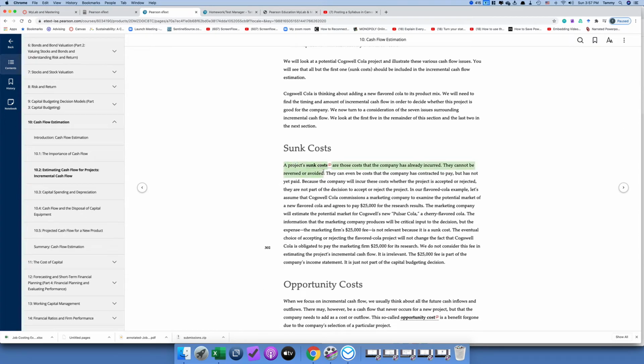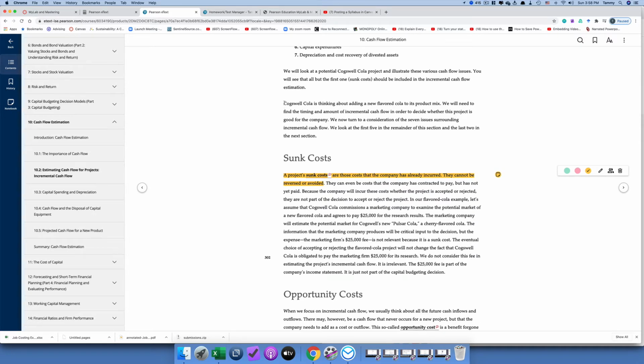Now, sunk costs are the first thing. Sunk costs are costs that have already been incurred. They can't be avoided. They can't be reversed. You're going to pay them. There could even be commitments to pay, but you haven't yet. Okay, and so